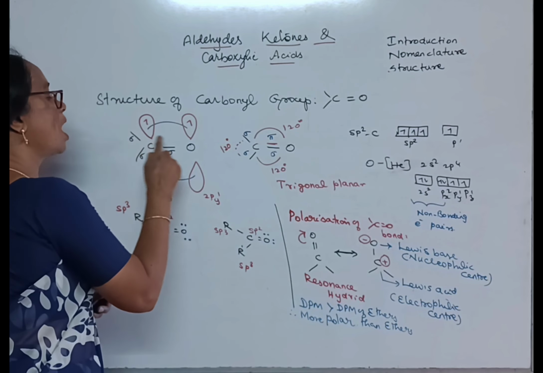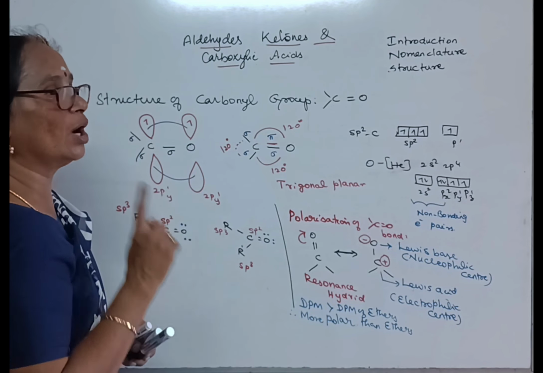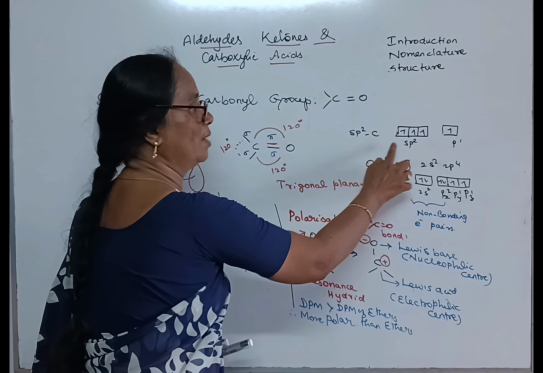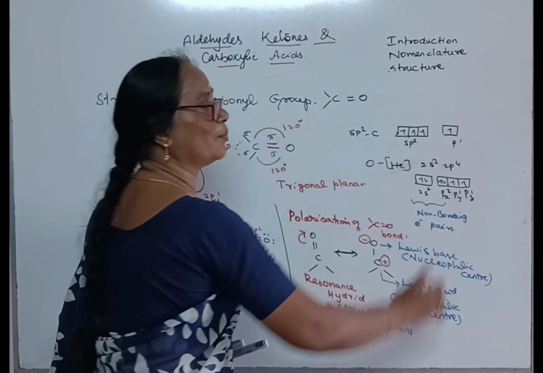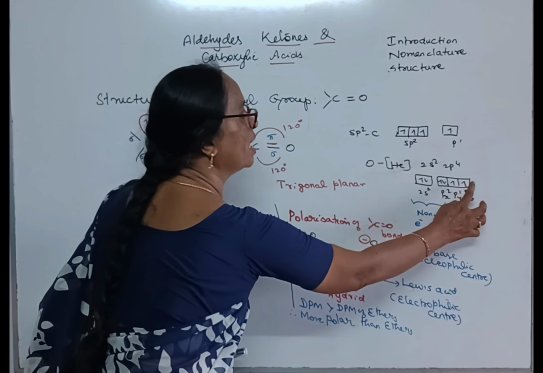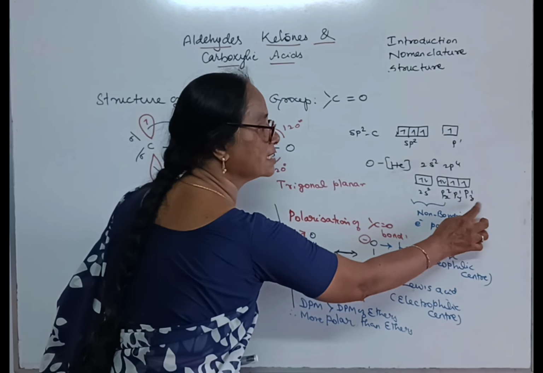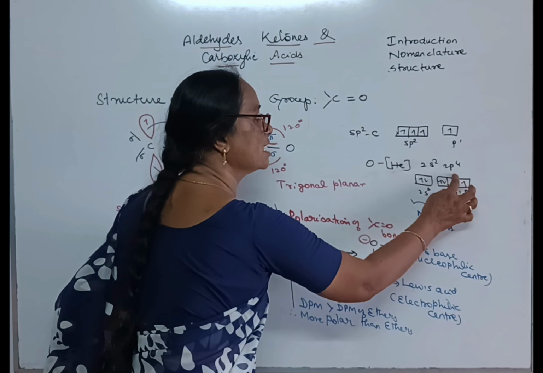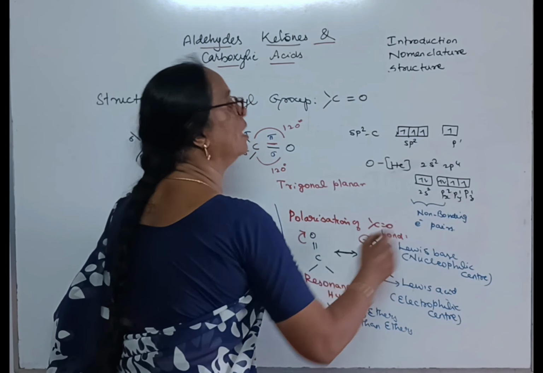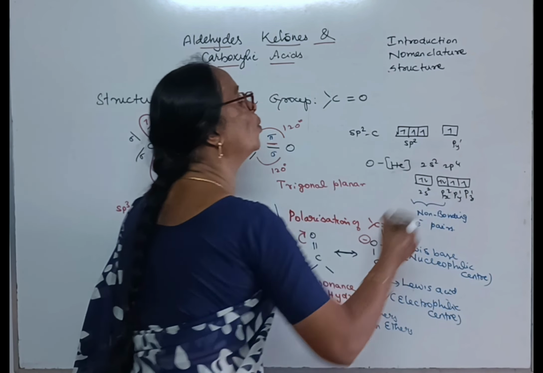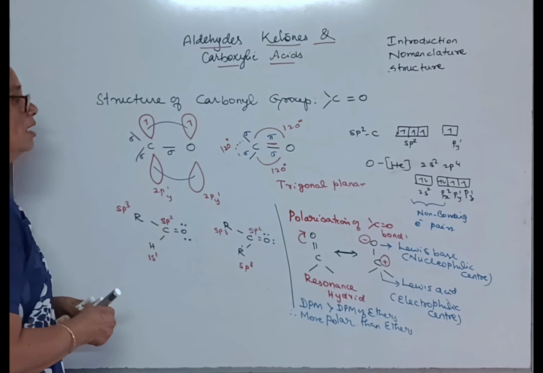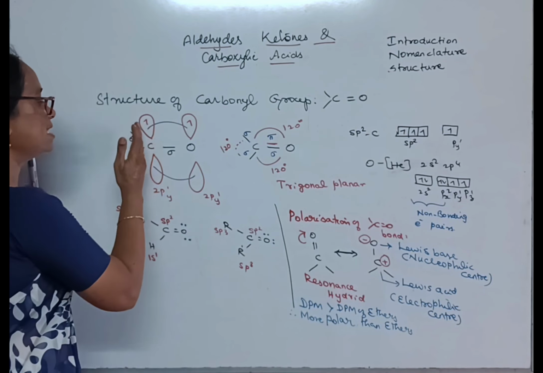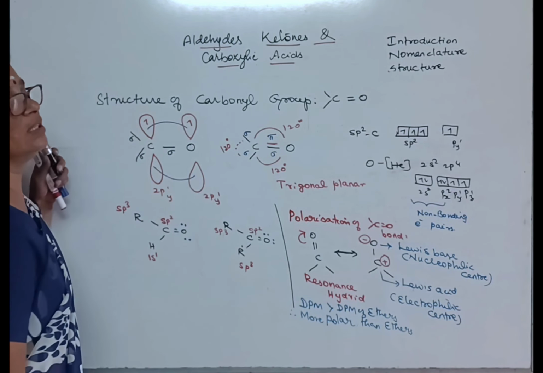But both carbon and oxygen have one more odd electron in their p orbital. Besides the sp2 hybrid orbital, carbon has one p orbital electron, and oxygen has one in a p orbital, particularly the pz orbital, that makes a sigma bond with carbon. So oxygen has one electron in its py orbital. Similarly, carbon also has one electron in its py orbital. These two py orbitals of carbon and oxygen are perpendicular to the plane of the